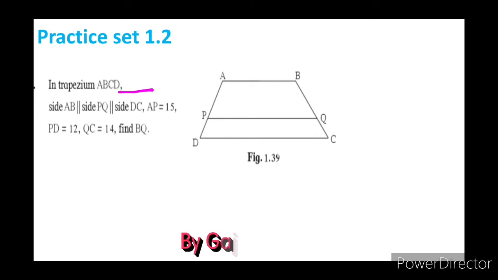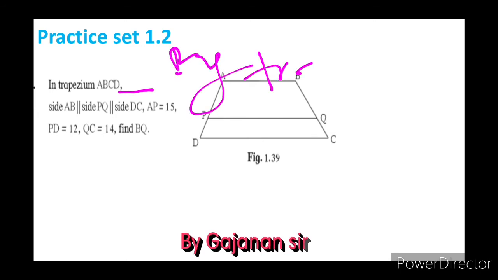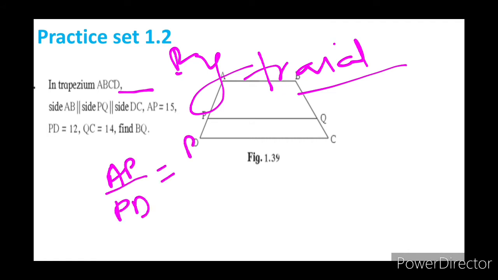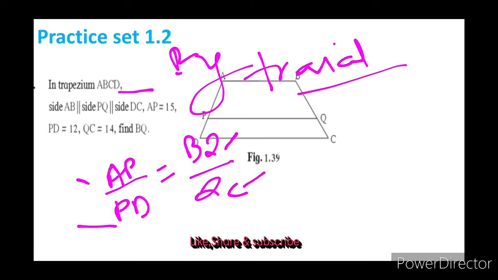So by applying the transversal theorem, that we have already seen in the previous, we can say that AP upon PD equal to BQ upon QC. We know the values of AP, PD and QC. Putting the values, we get